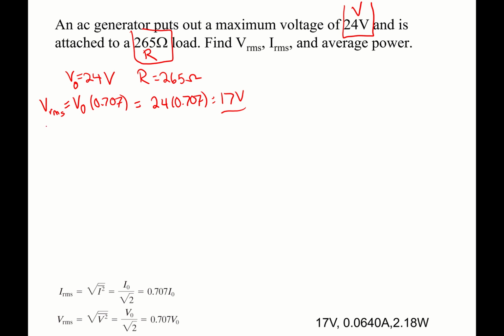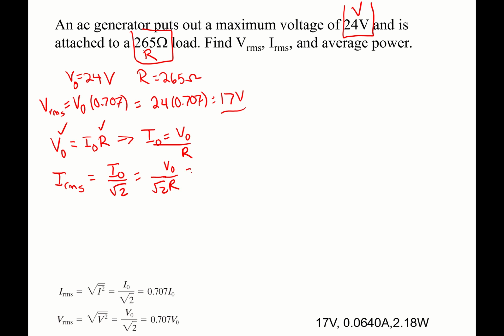What's my IRMS? Well, I can find that my I0 and my V0 are related to each other. Remember V equals IR, Ohm's law. So V0 is also equal to I0 times R. And I know my V0 and I know my R. So I0 is just going to be V0 over R. To get my IRMS, it is I0 over root 2. I can just do V0 over R divided by root 2. So 24 over root 2, or times 0.707, whichever you want to do, divided by 265. And I get